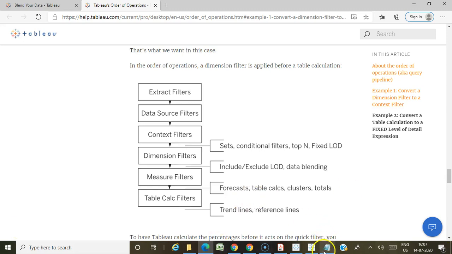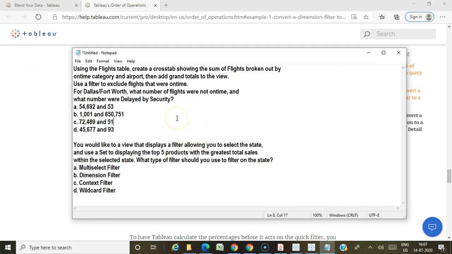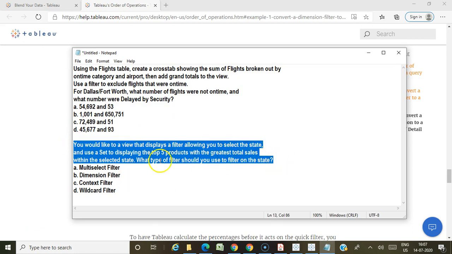Here I have one practical oriented question which we are going to solve now. Let me read the question. You would like to view a display with a filter allowing you to select the state and use a set to display the top 5 products with the greatest total sales within the selected state.